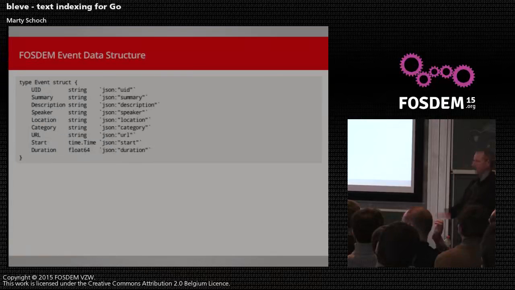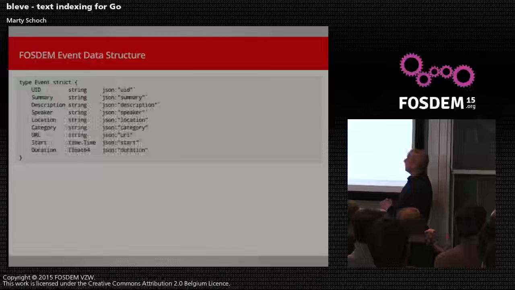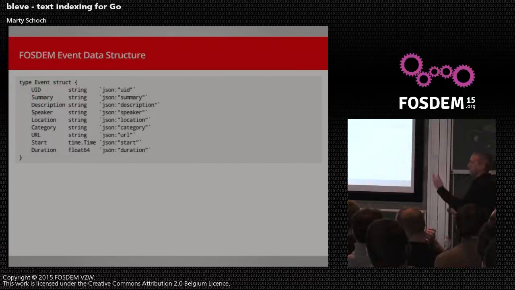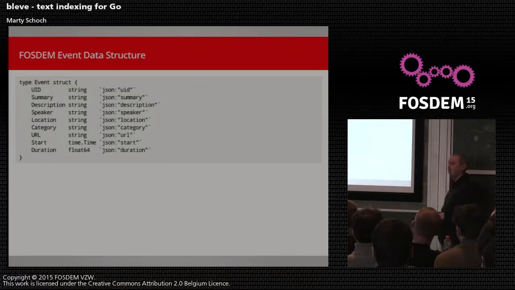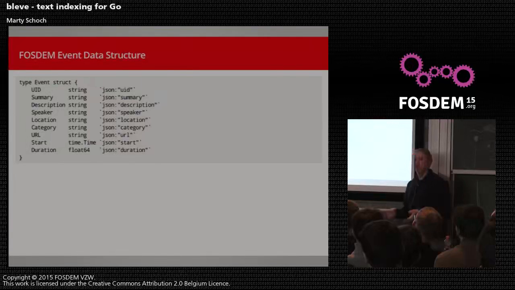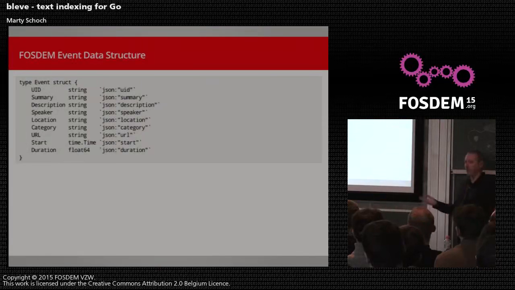I have some parsing code that's not really interesting to today's talk that returns essentially events in the structure you see here. So it has a few more fields than we saw in the previous one. Most of them are strings. I'll just highlight two in addition. One is start, which uses the time structure. And the final one is a duration, which we stored as the duration of a talk in minutes, and that's in a float64. Now, we also have the JSON struct tags. That's just a convenience here. Bleve does understand those tags and will allow us to refer to those fields using the lowercase name. It's just a preference to simplify things here.